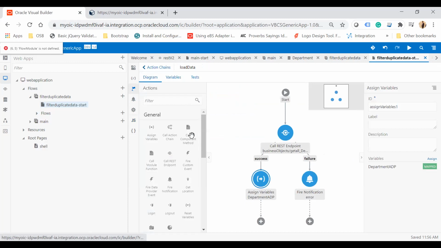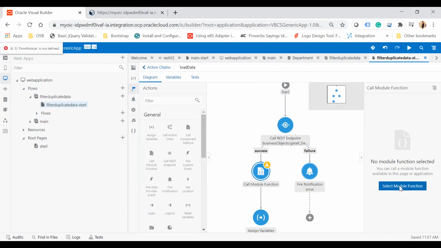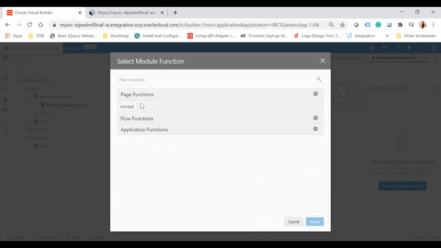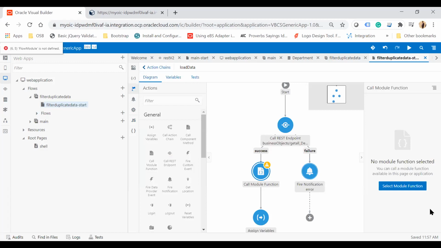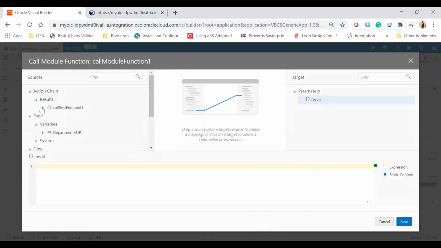Go to the action chain, and here I will use this call module function here, and then select module function, and here simply use this unique, select, and here I need to pass the array, and the array will be this one, items.